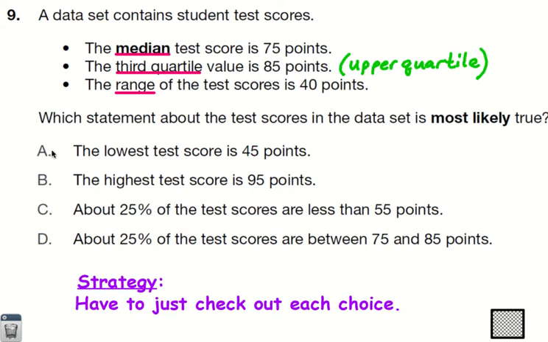Well, let's see. Choice A, I'm not going to go choice A. The highest test scores, I don't know that for sure. Choice C, about 25% less than 55? I don't know. What? No. Choice D, about 25% of the test scores are between 75 and 85. That is basically the best answer because